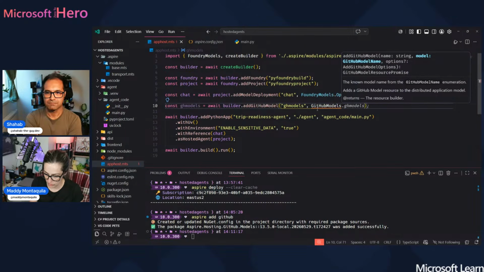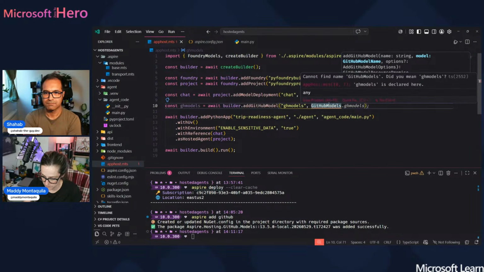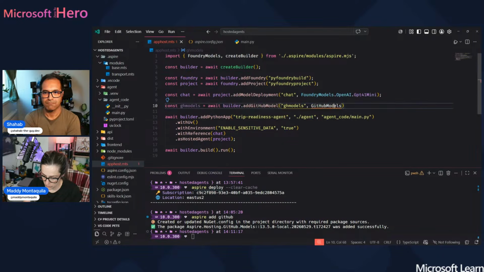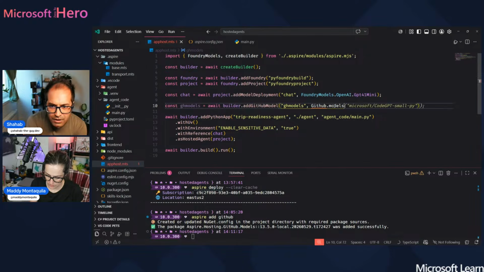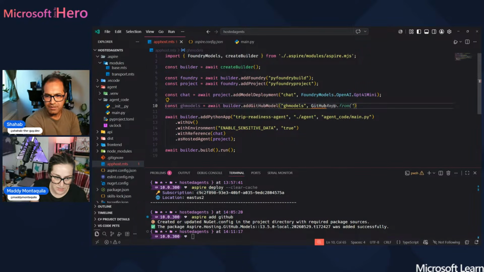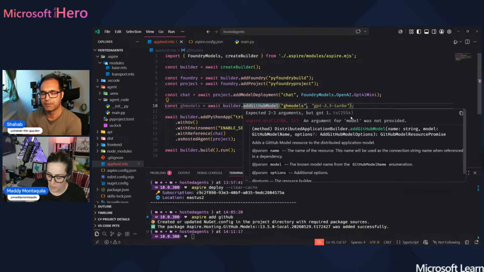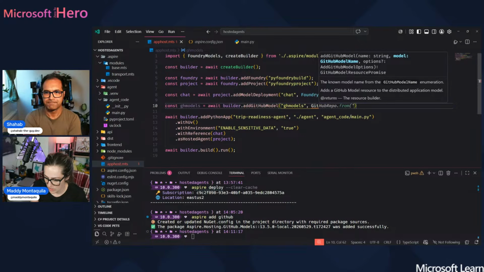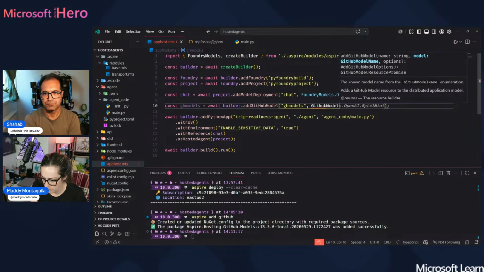Where's my IntelliSense? This should pull in a package for me. Nope. Do we need GitHub like dot models? Does it need to run npm install or something, or is the Aspire add GitHub doing that? That did that for me. I just don't know what the using is that I need. GitHub model name, but